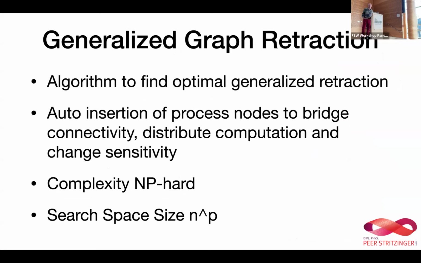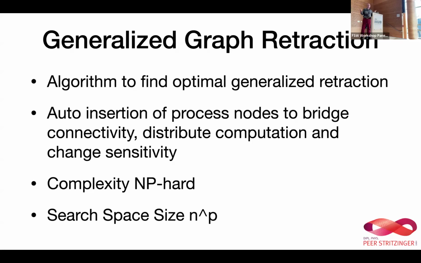So what we need is an algorithm to find this optimal graph retraction for all our criteria. It needs to satisfy all the criteria, so we can't use more memory than there is, for example, or more energy than we have. And then there are also general optimization goals, in that there are better solutions and worse solutions. And also, if a solution is not possible because nodes are too far apart, we can automatically insert nodes in the middle as a proxy node, basically to forward a node, and I'm getting to that